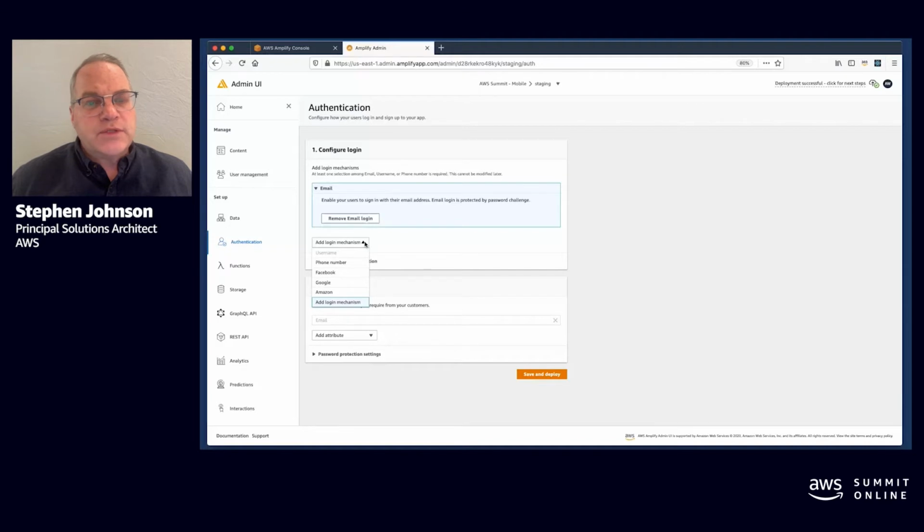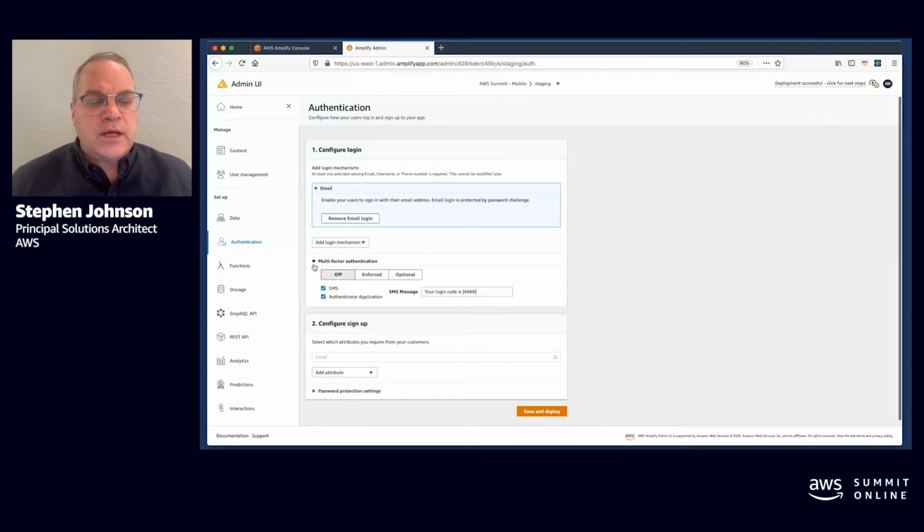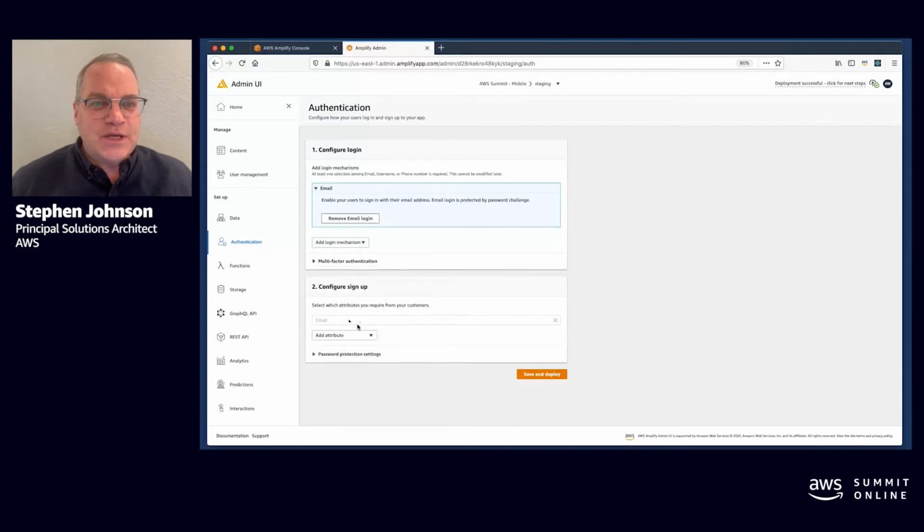But you do have some options too, right? You can use phone number, you can use username, and you can even do social logins like Facebook, Google, and Amazon. We're not using multi-factor authentication, but it's here, and you can turn it on with a click of a button. You can do the 2FA using an SMS message or an authentication app.